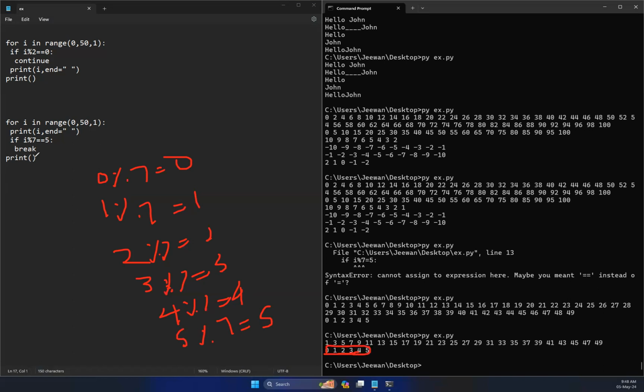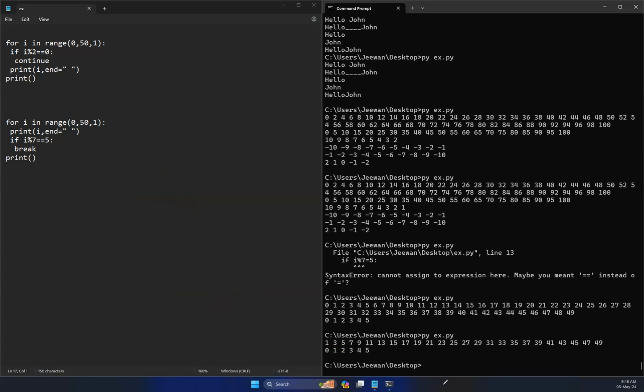That's how. What you have to remember is, when a break statement is executed inside a loop, it will immediately exit from the loop. And if a continue statement hits, then it will ignore the current iteration and go to the next iteration. And also in a for loop, you can say if I equals, right now, let's say